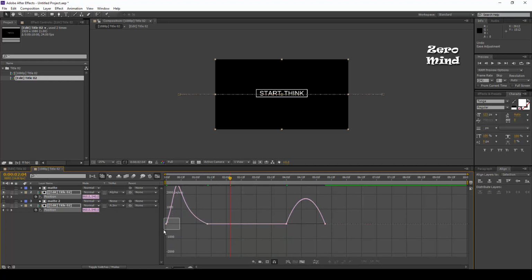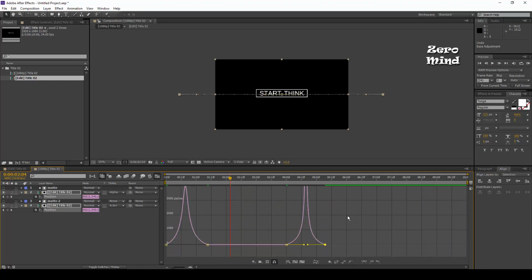You need to make sure you select both keys over the time, and select this option here and these options here, and you can experiment with them also.